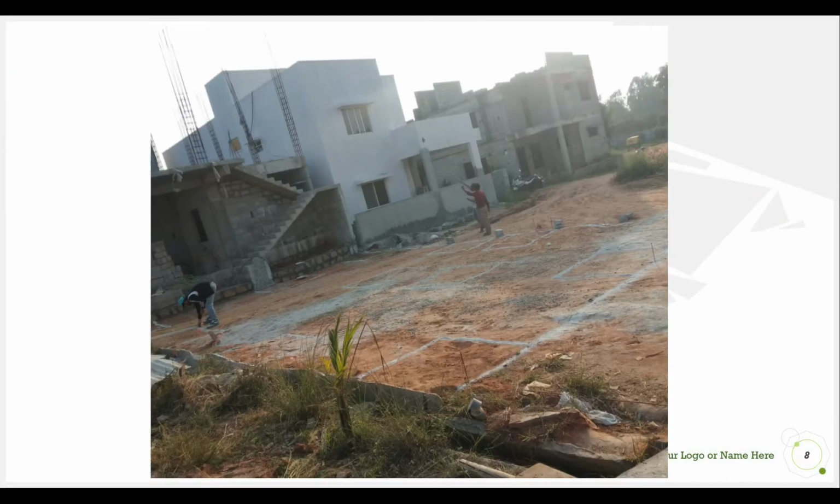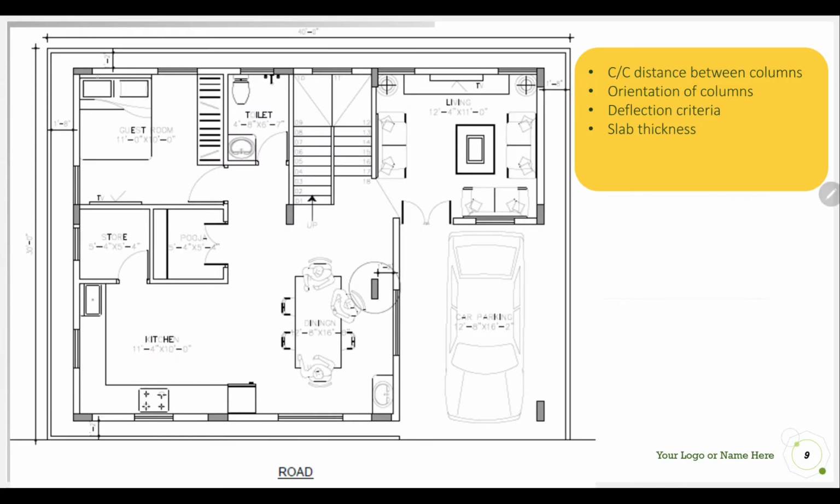Then, just look at this, you have a site here. At the site, the client will be coming with the line diagram or the plan, then you need to fix the columns. Just look at this. You have the column. See, this column is 200 by 600 and I have 200 by 600 and here also 200 by 600. And here I am providing the column in this direction, I am providing the column in the same direction, and here I am providing the columns in this direction. The orientation of the column is different here.